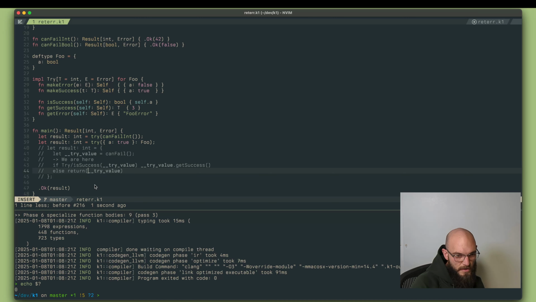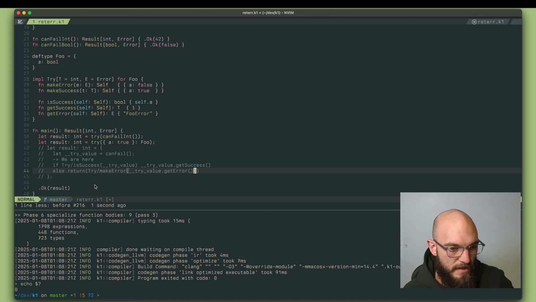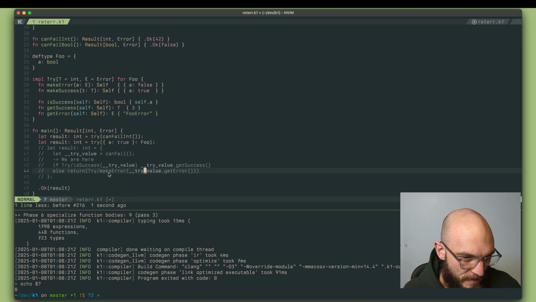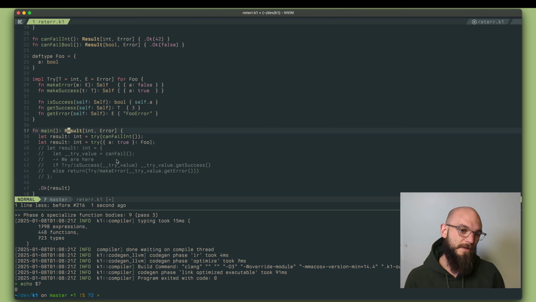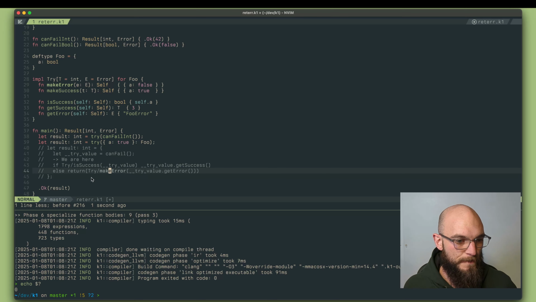I'm going to return, you know when I said that calling try make error from value.get error was just a no-op? Well, it's not a no-op because this could be a struct foo, and this could be like a result variant. They could be totally unrelated types. They just share an error type. So we need to make the thing we're actually returning